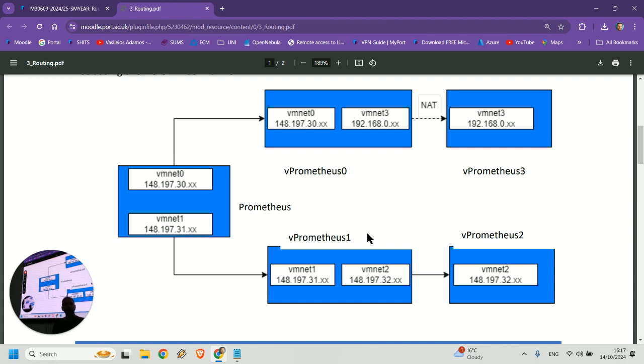And you will only need to have 2 lines instead of 3, so you need to explain to everybody around you that you are sharing network 31 and network 32 from your routing. Once you do this, and once your routing actually works on vPrometheus 1, you go on to testing again, and